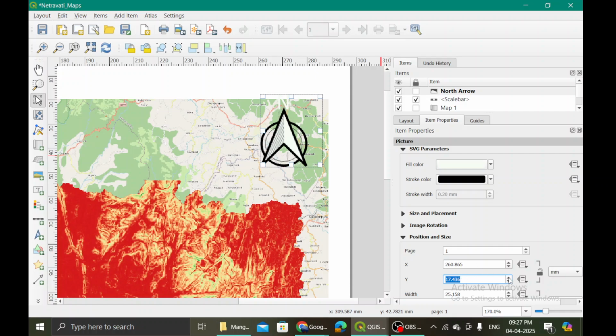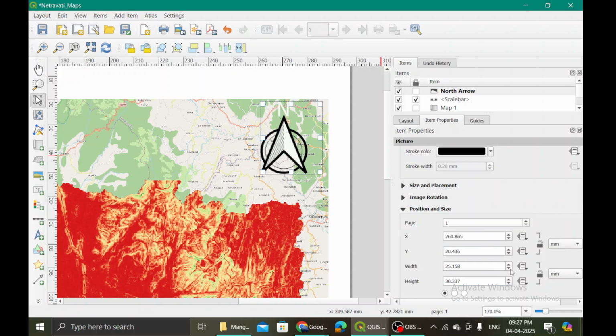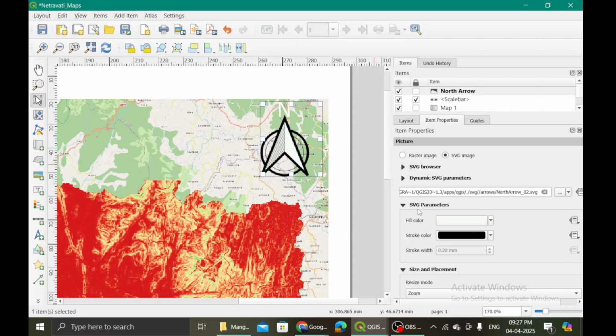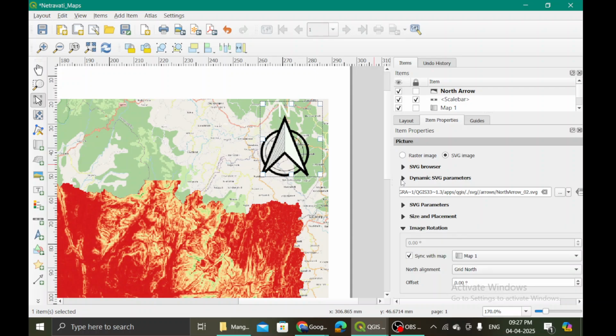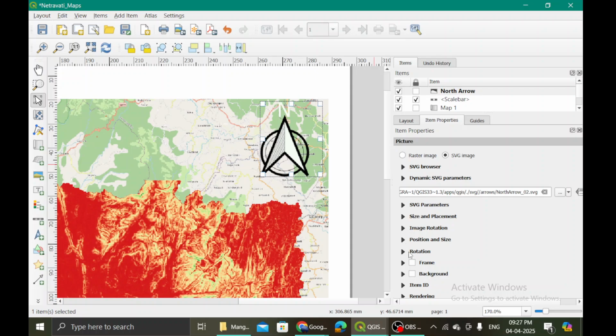That's a placement. So x and y, if you move this x and y, the placement will change. But then I don't want to change the placement. I want to change its height, slightly reduce it. It's just going off. No, no, I need not change it. So then within this, let's see if there is any display. Is there any display?